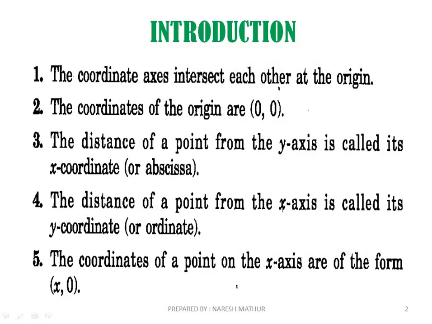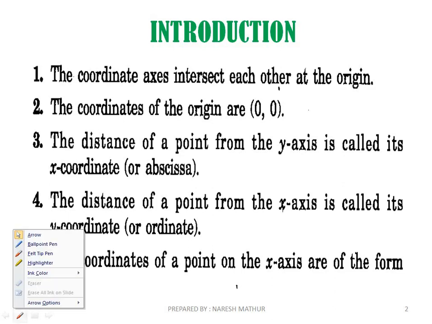As we discussed in the previous class, 9th class, we also have this chapter, coordinate geometry. That chapter basically deals with the graph only, and these are the basics from that chapter also. The coordinate axes intersect each other at origin. In the 2D plane or the Cartesian plane, we have two axes, x and y. They intersect at origin, whose coordinates